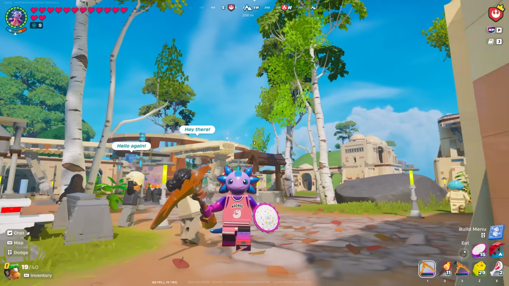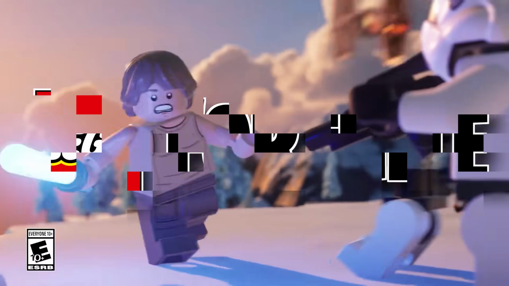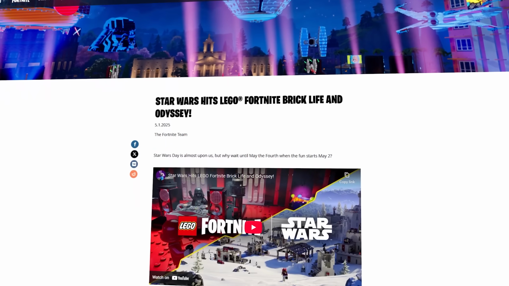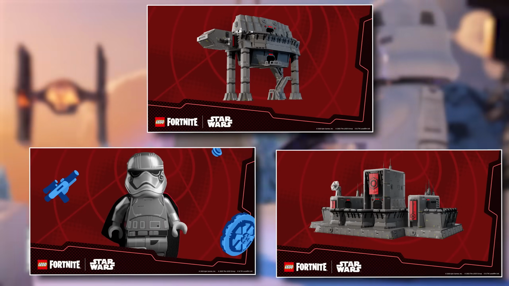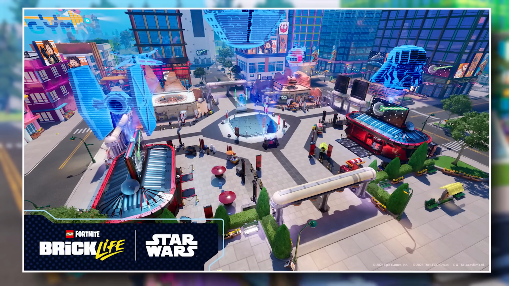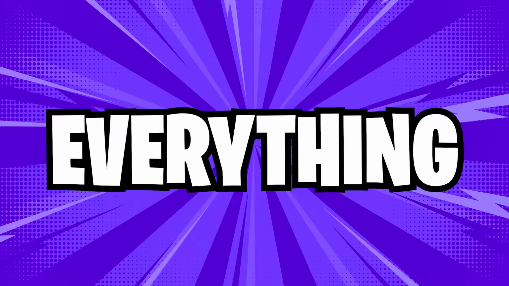Welcome back. Ladies and gentlemen, Lego Star Wars is back for round 2 inside of Lego Fortnite and Odyssey and Brick Life. A brand new blog post just came out announcing everything, including a brand new game mode, a new Lego pass, tons of updates to Brick Life, and so much more. There's a ton to touch on, so we're gonna get straight into it and tell you everything you need to